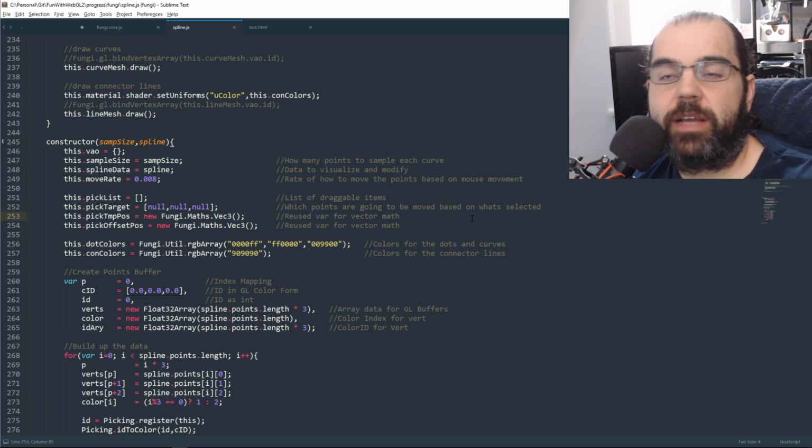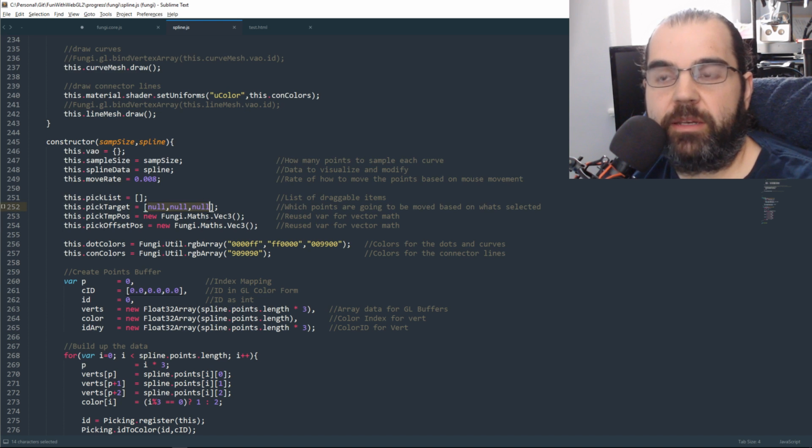So this way you don't drag the main point and then the anchors stay where they are. So that's why I have a target array of 3 spots. Depending on what you pick, I might only be moving 1 object, 2, or up to 3 objects. So this thing just keeps track of